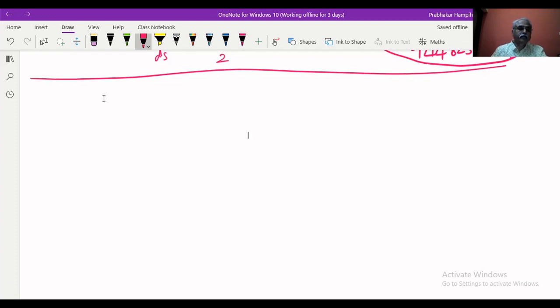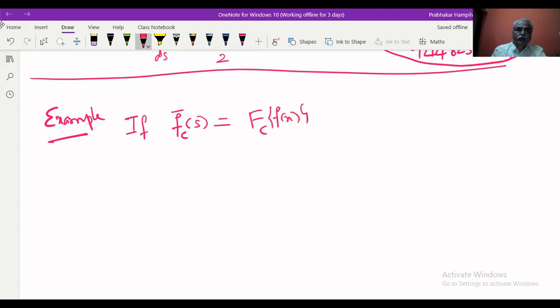The next example, again a little bit different. But before the next example, whatever we did for the 1 by 1 plus x square examples, suppose this example is: if the Fourier cosine transform of a function is 1 by 1 plus s square,